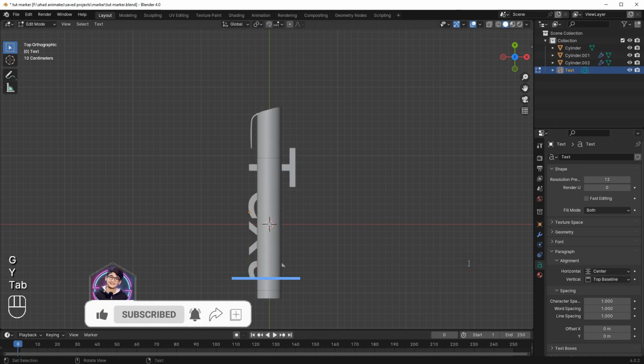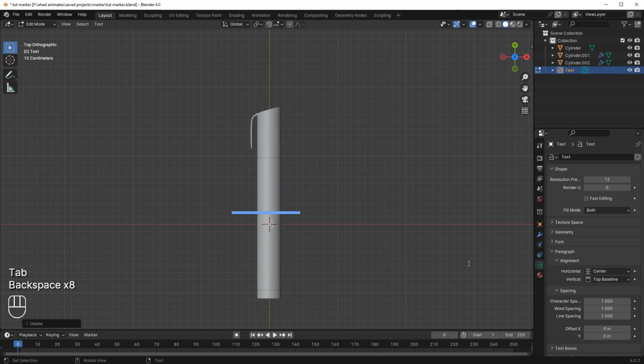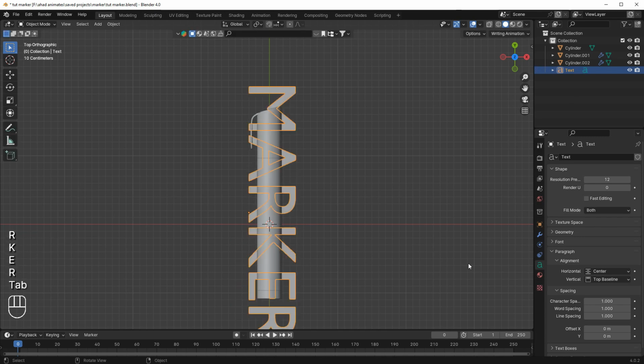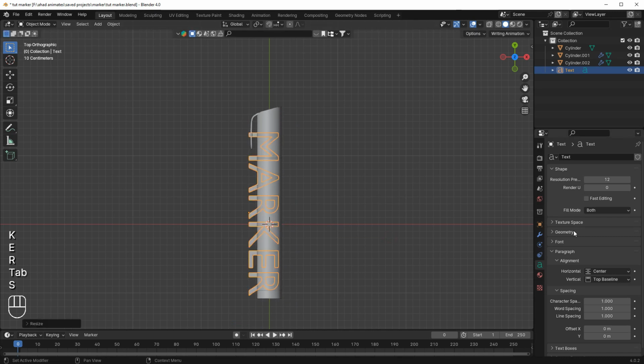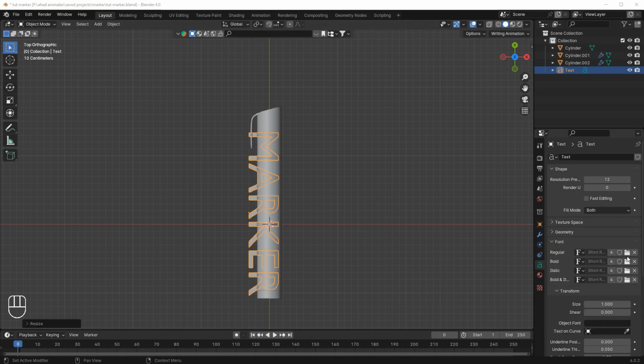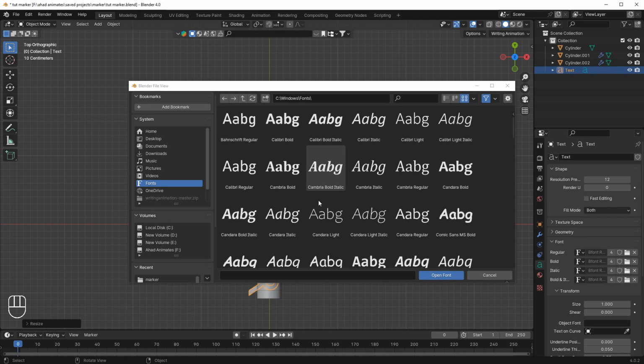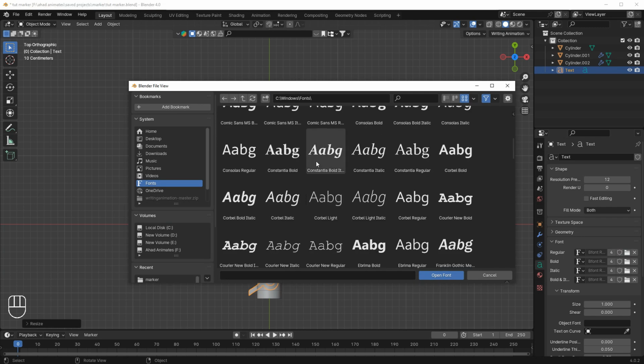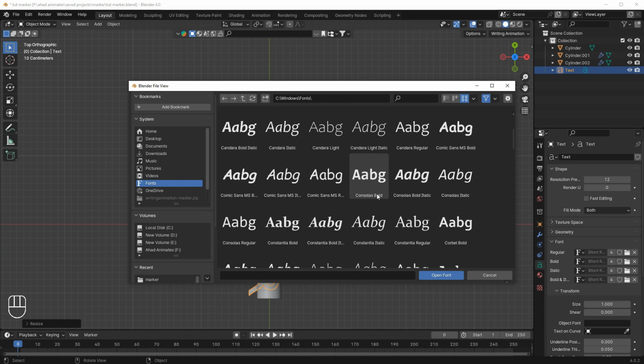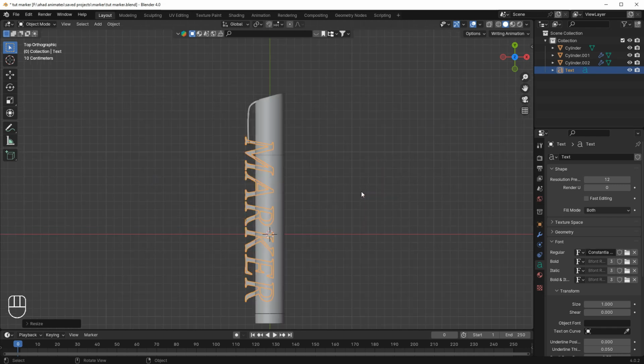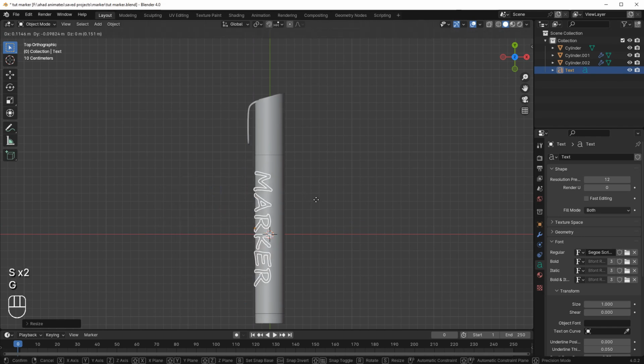Now I'm gonna type marker, like this. I'm gonna change the font, so yeah, I'm gonna go over here and I'm gonna select my font to maybe this. No, let's see. So I'm gonna choose this font. Alright,